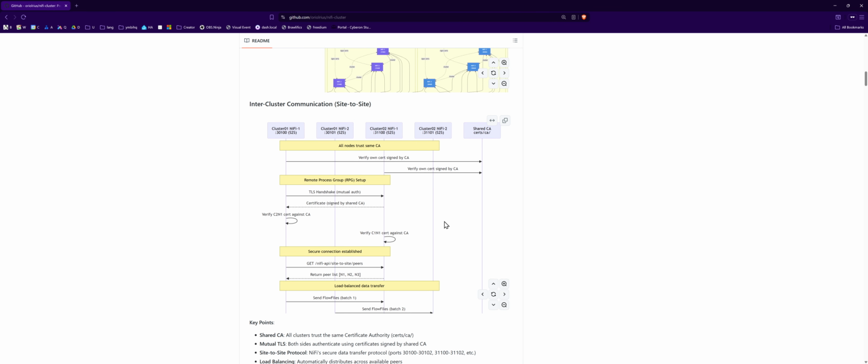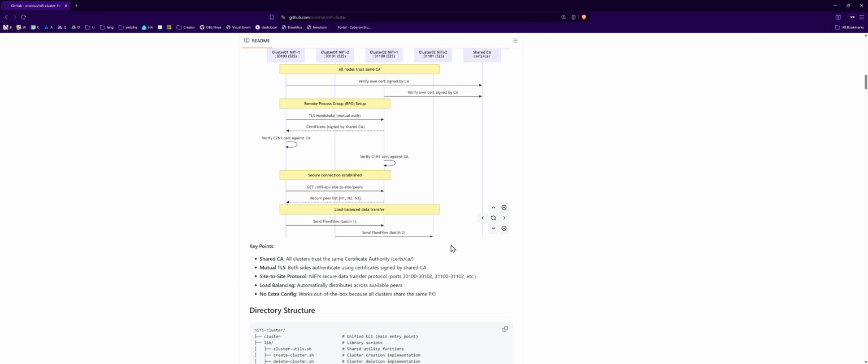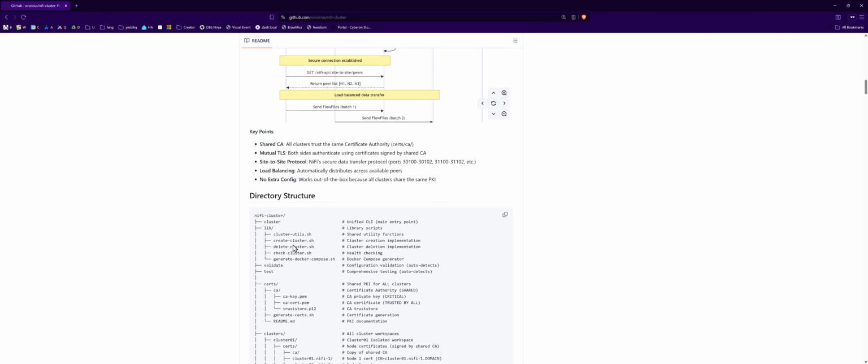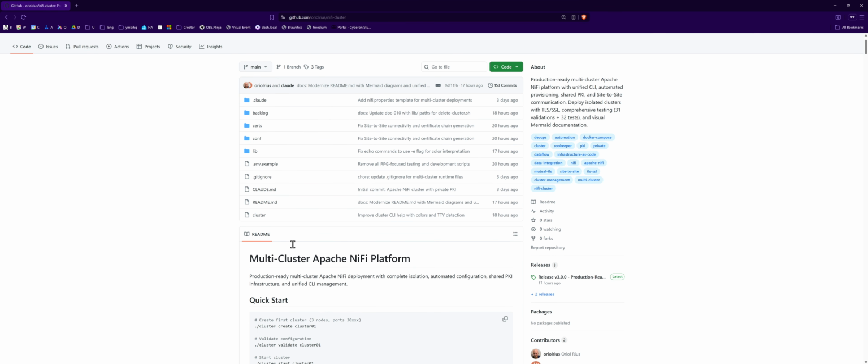Here we have the details about how the intercluster communication, so site-to-site communication, is set up. I'm not going to spend so much time in this video explaining those details, but here you have that sequence diagram explaining the movement of packets before the flows exchange data between them. What we are in is